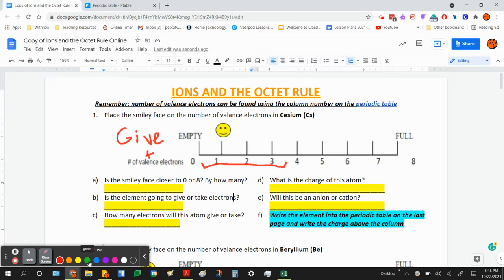If the number is greater than 4, like over here, it's going to take electrons in order to get to 8. And you might be asking why 8? 8 is a full shell, so that means that the shell is full and it can be stable when the shell is full. So if it takes electrons, think of it like you're taking something away from somebody, and that's normally a bad thing. So negative. So when we get back to this, we're going to walk through these questions,